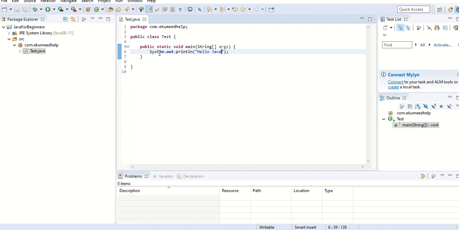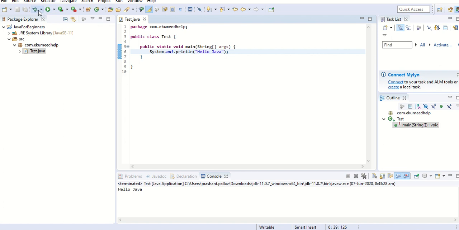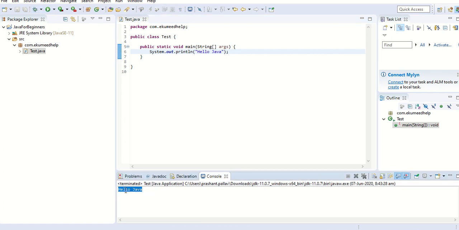Once you're done with that, click on the save button here. After that, go to File, run Test.java, and click on run. Once you're done with this, you can see the output here, Hello Java.